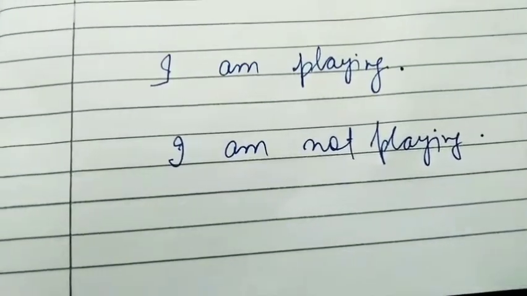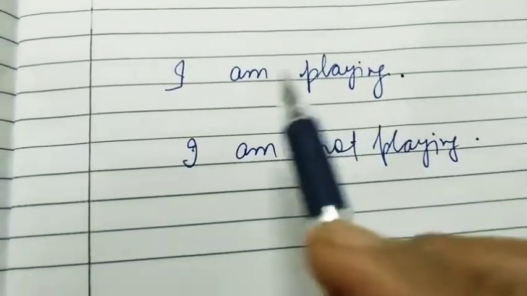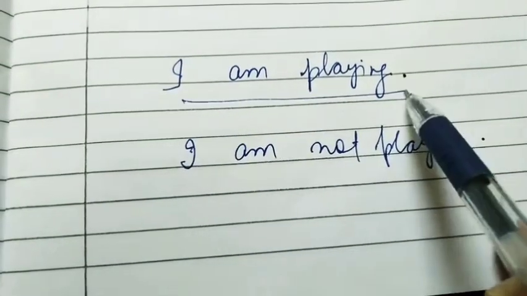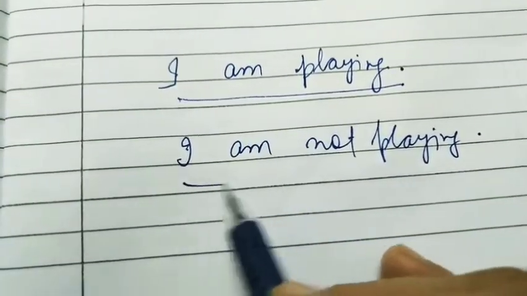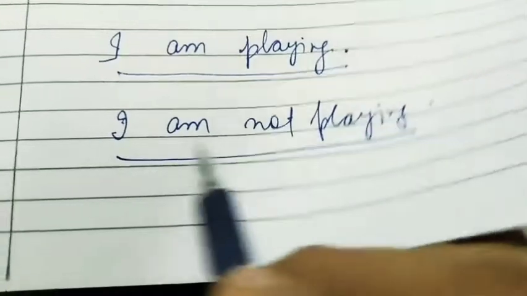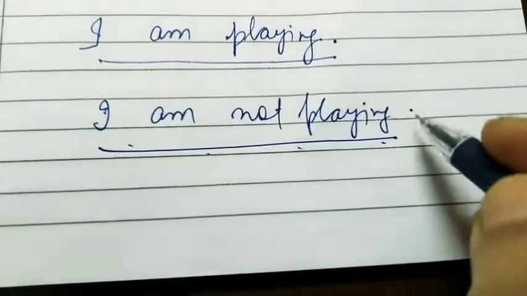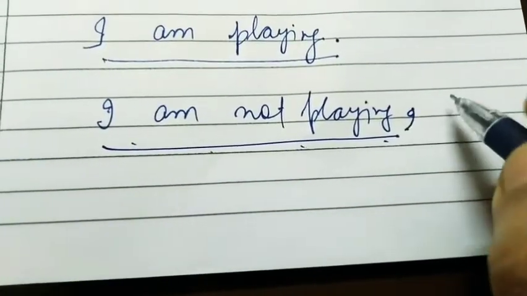Now here this is the positive format and this is the negative format of the sentence. I am not playing. Here we will easily use am I,